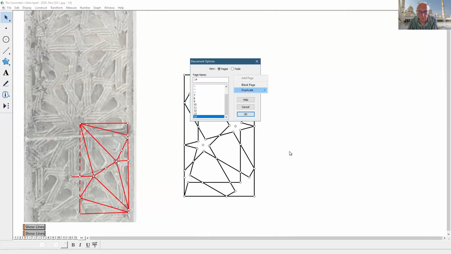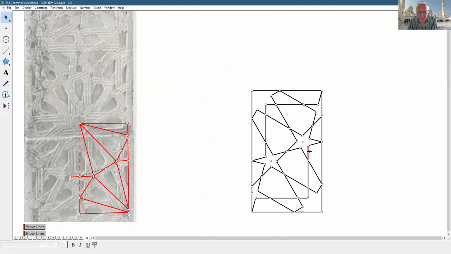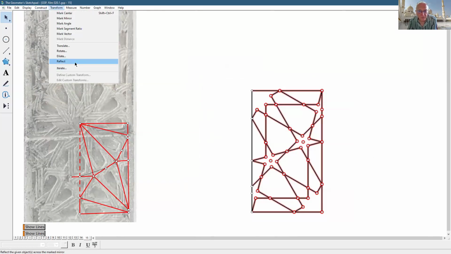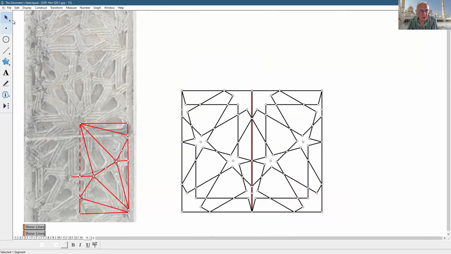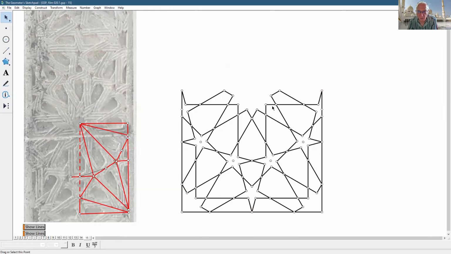Add, duplicate, page 14. So what I can do, I can move it to the left, okay, and double click on this edge, transform, reflect, okay, display, hide segment, and now double click, remove these 2 lines and remove this thing, hide objects, and now what I do,